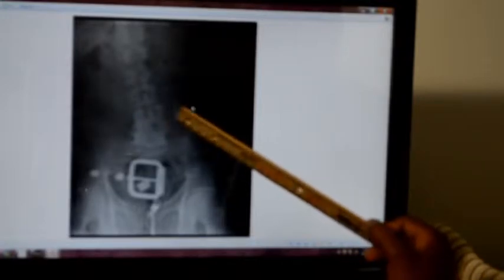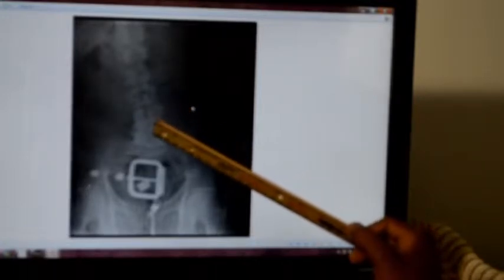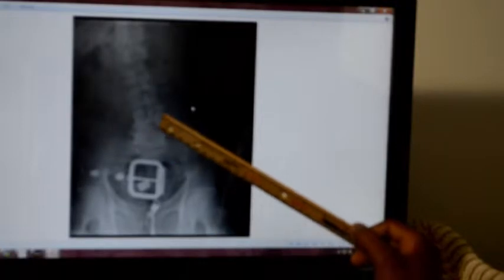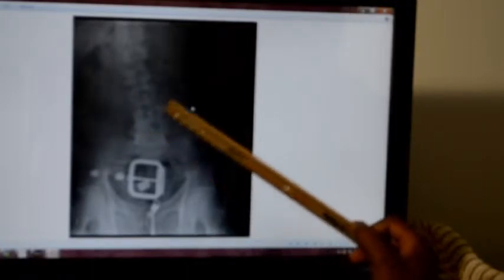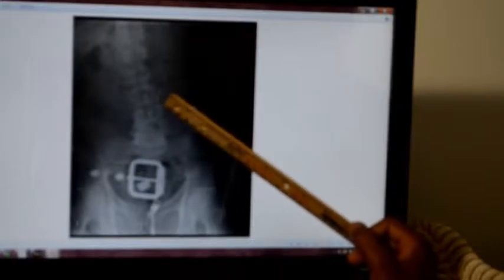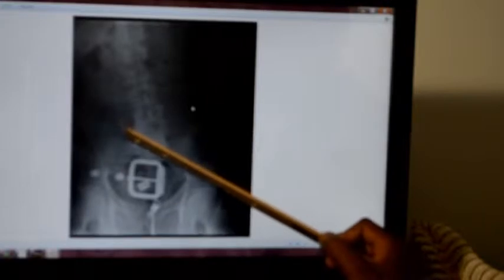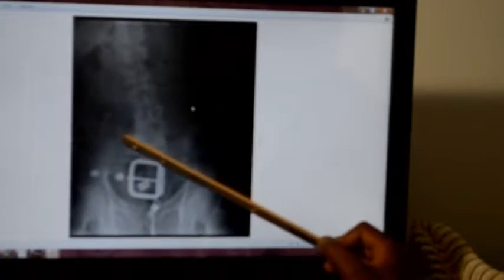And you can see that there's no space between the disc. When there's no space between the disc, then we describe that as arthritis. And so with that by itself, what is going to happen with this kind of a patient? We definitely are going to find out the symptoms they're going to be displaying will probably be a sciatic nerve problem.